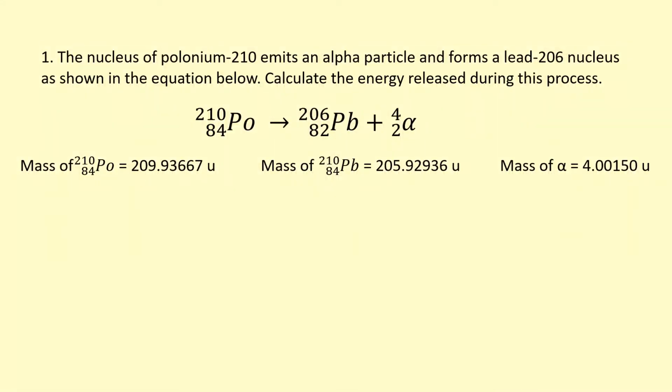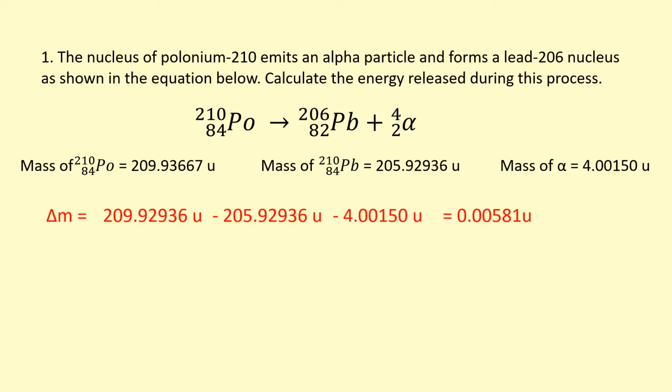Okay, the nucleus of polonium-210 emits an alpha particle and forms a lead-206 nucleus, as shown in the equation below. Calculate the energy released during this process. We've been given the mass of the polonium, the lead, and the alpha particle, so we're going to have to find the mass defect. Take the mass of the polonium, subtract the mass of the lead and the alpha particle, and you get a mass defect of